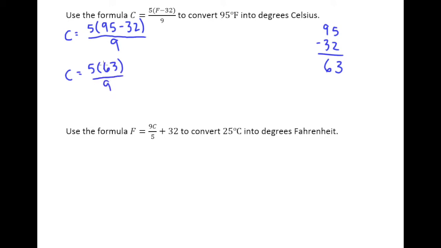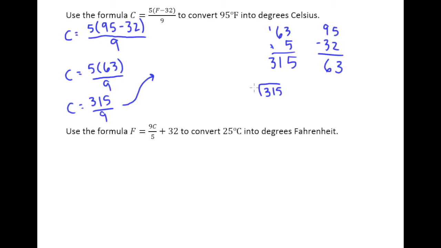And now I'm going to multiply my 63 times 5 and get 315 over 9, or divided by 9. And then finally, computing 315